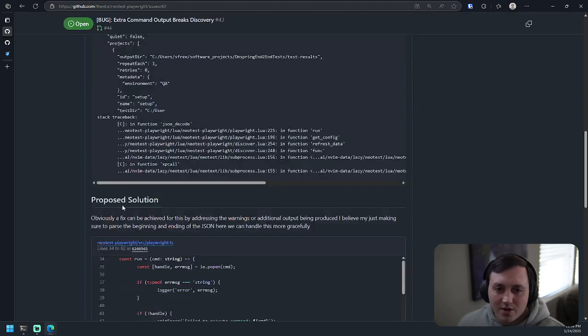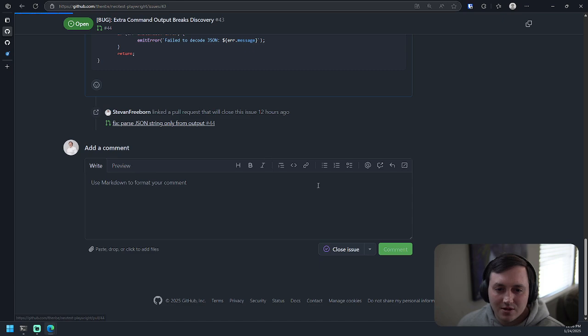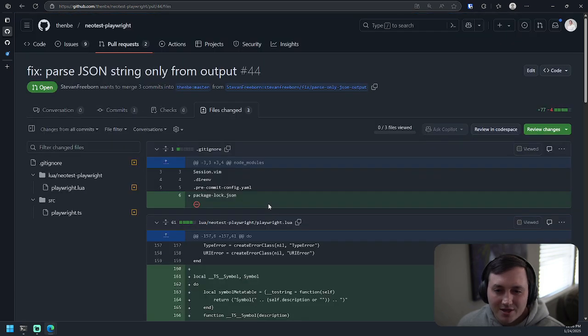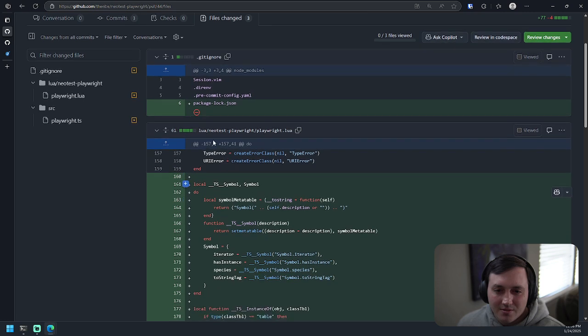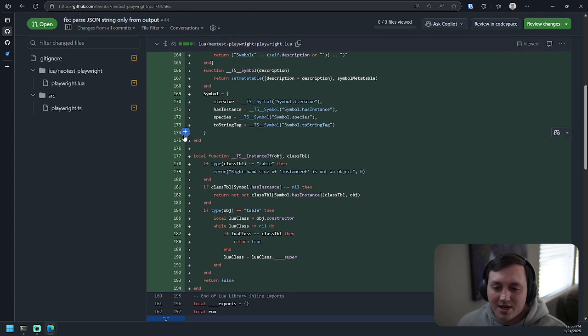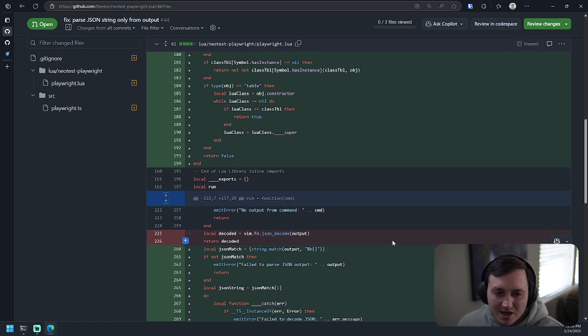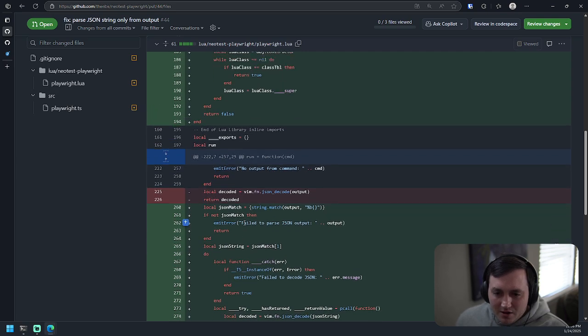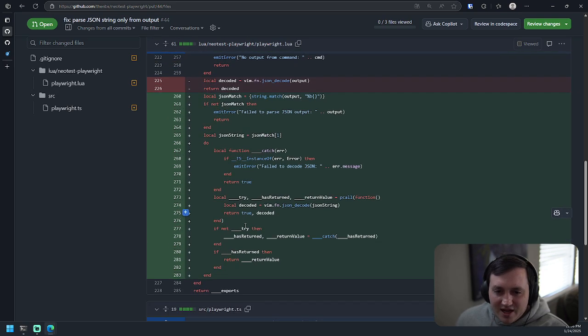So I opened a pull request here, and you can see here's the files I changed. I put the package lock in the gitignore because it's not in the repo to begin with. So I just added it to the gitignore so that I didn't accidentally commit it. I'm assuming there's a reason why the author didn't want a package lock in source code, and then all I did was modify